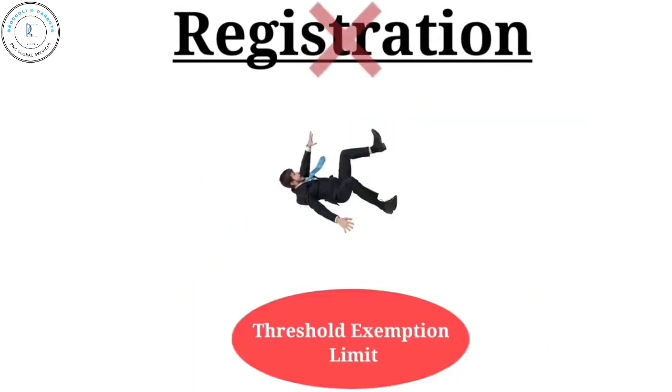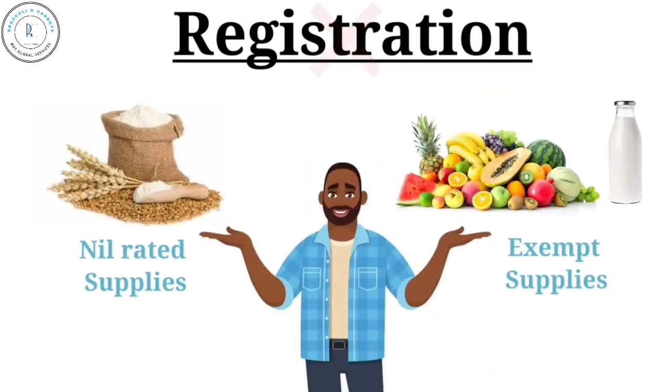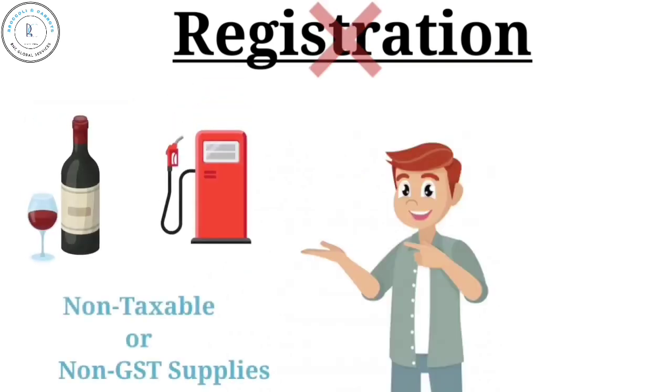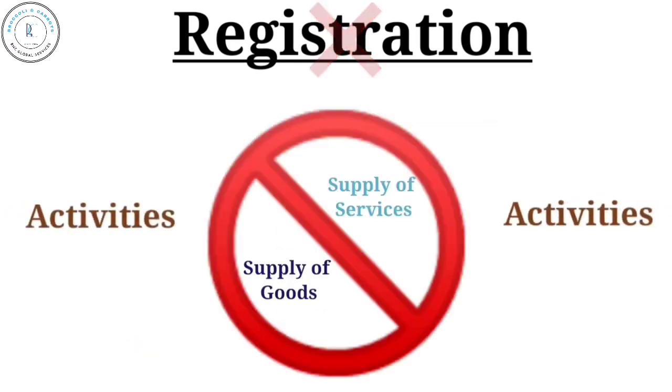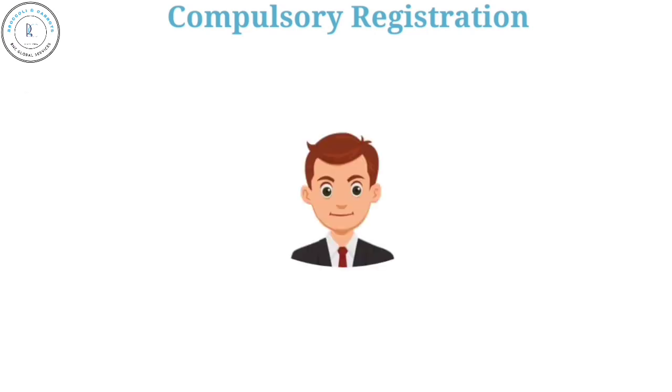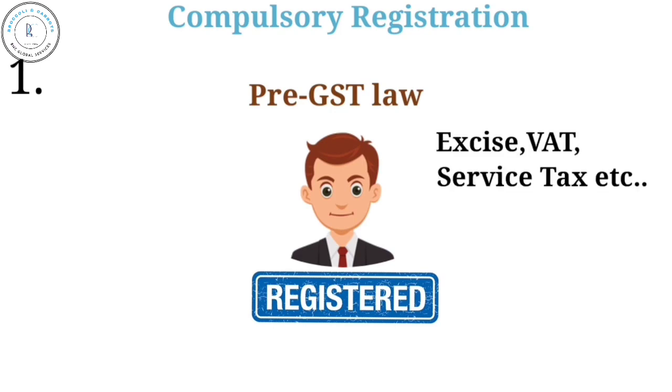Registration is not required for the following: agriculturists, persons falling in the threshold exemption limit, persons making nil rated or exempt supplies of goods and services, persons making non-taxable or non-GST supplies of goods and services, and activities that are neither supply of goods nor services. Compulsory registration is required for the following: individuals registered under the pre-GST law, that is excise,